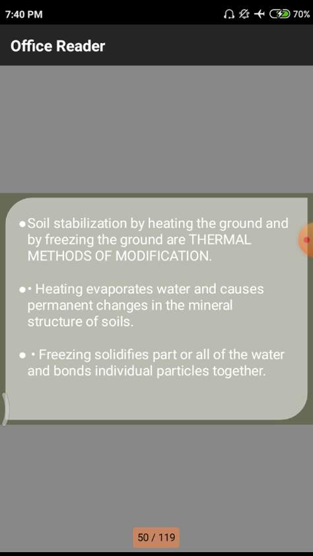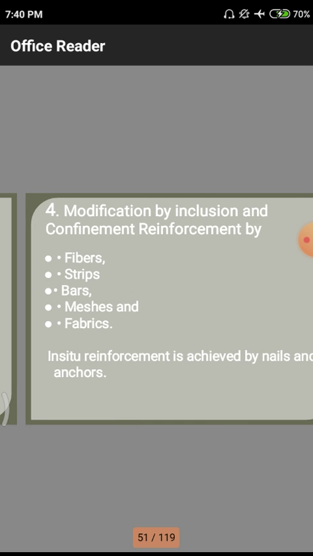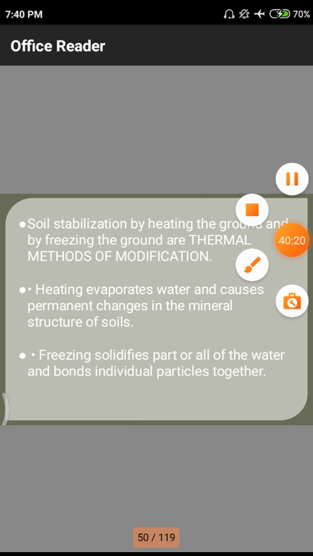Freezing means normally what we observe in a refrigerator. There may be a huge amount of bond between these water particles. Automatically they will form a solid-like substance whenever this freezing technique is applied, so we have to use those freezing techniques. Okay, today's class is